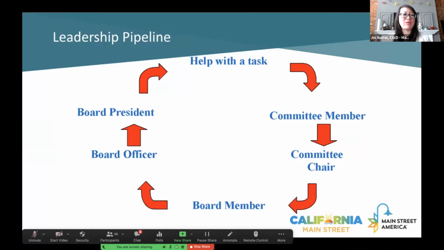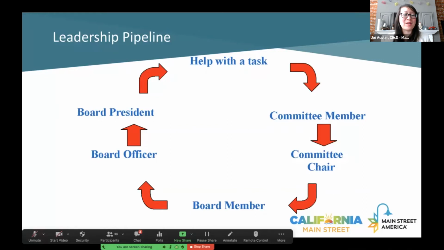Making sure too that you have some rotation in all of these spaces, that there are perhaps term limits for your board, that maybe you can move somebody who's super passionate and wants to stay on the board, because we're Main Streeters, we love it so much, we don't want to go, but be able to keep them involved in different ways, maybe even if it's an advisory position or role, advisory with purpose, and really making sure that there's ways for other folks to interact with your organization, but being able to keep them involved even if a term